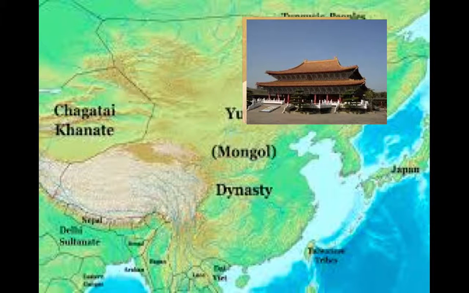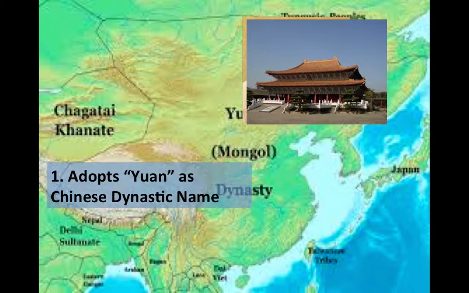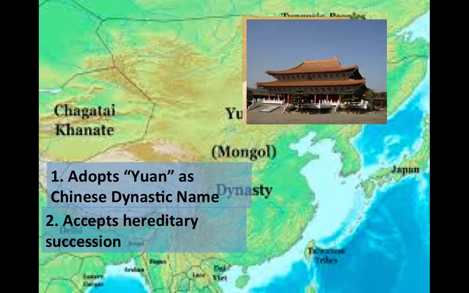culture. This means that rather than come into the country and disband the political institutions and civil service offices that ruled the country, Kublai Khan actually saw that they were highly effective and then decided to use them as his own. In becoming more like the Chinese, Khan did a lot of things that were very similar to the Chinese people before. For example, he accepted the dynastic title the Yuan, accepted the Chinese custom of hereditary succession, and built